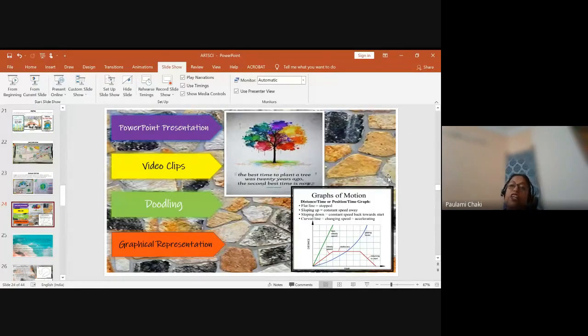Graphical representation we do generally in physics, but that can be done in biology and chemistry also. Like enthalpy can be taught to them. Then I have this blood pressure. Blood pressure can be easily done with these graphical things. So you can ask them to take a chart on blood pressure of different people at their home or in their locality. They can call them and ask, what is your high blood pressure or low blood pressure, and they can make beautiful graphs.